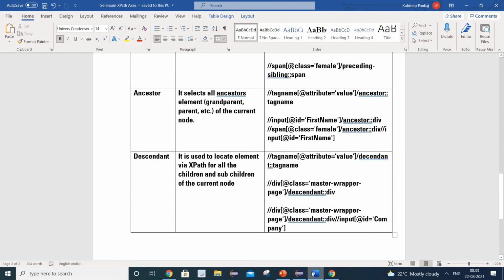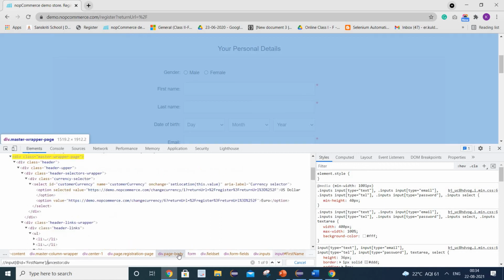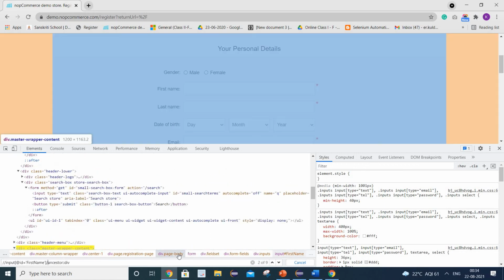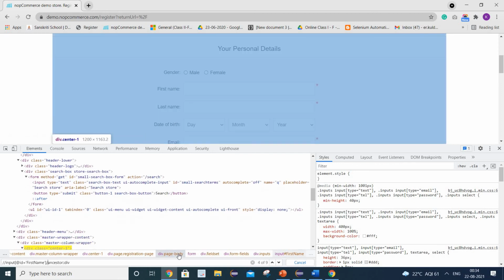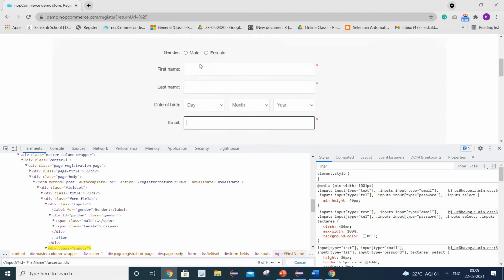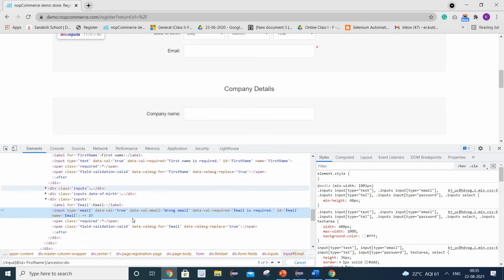So we will write it this way. Here it has started highlighting all the ancestors with the starting tag div. So let's try to identify this email field. For the email, we can see the starting tag is input here.